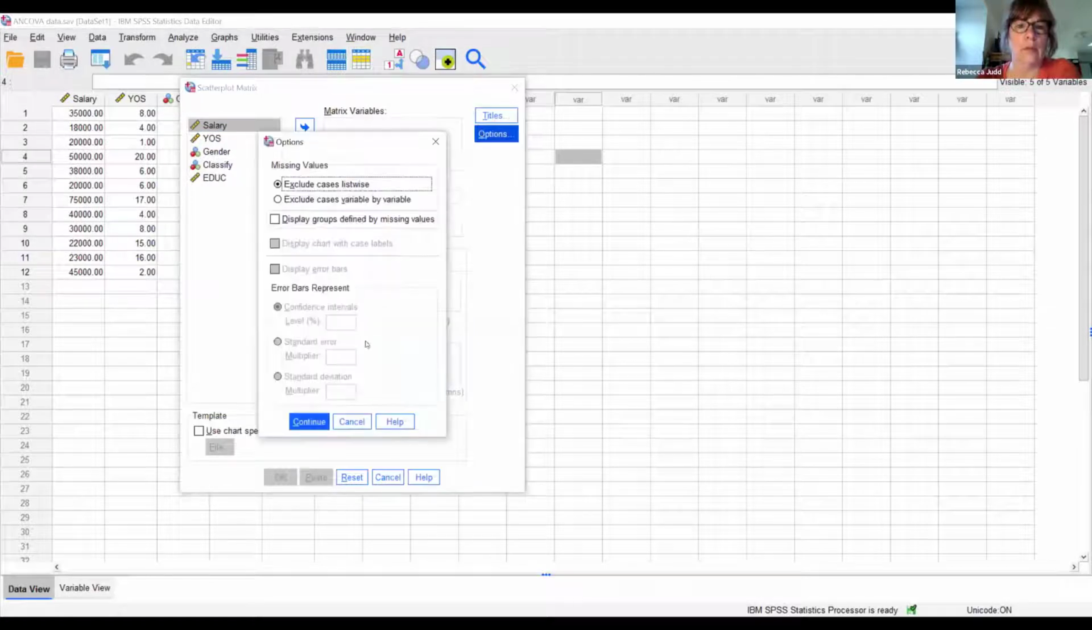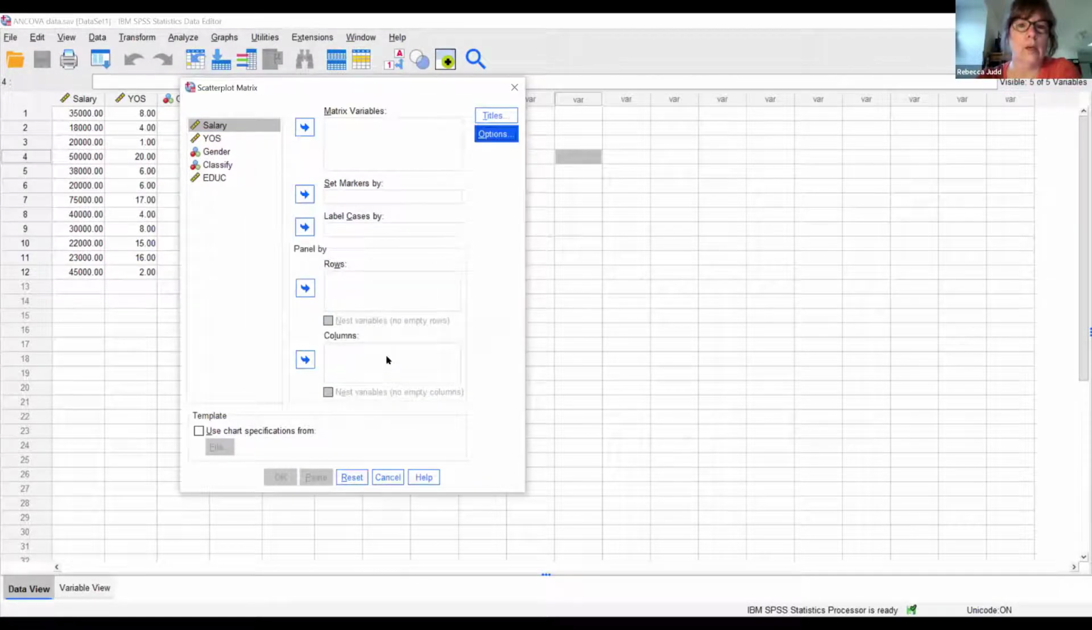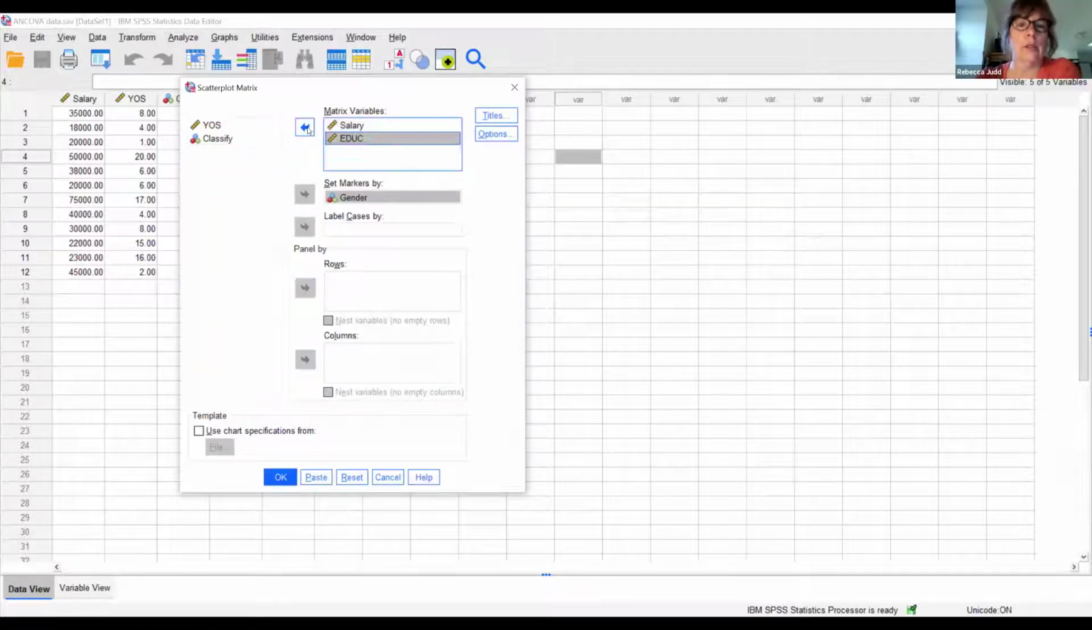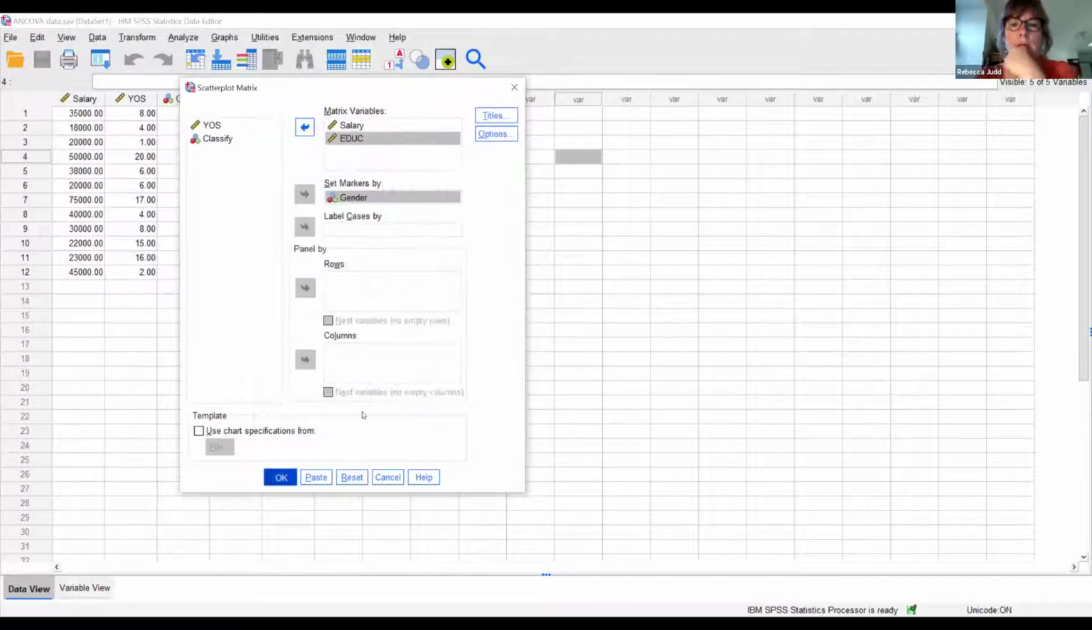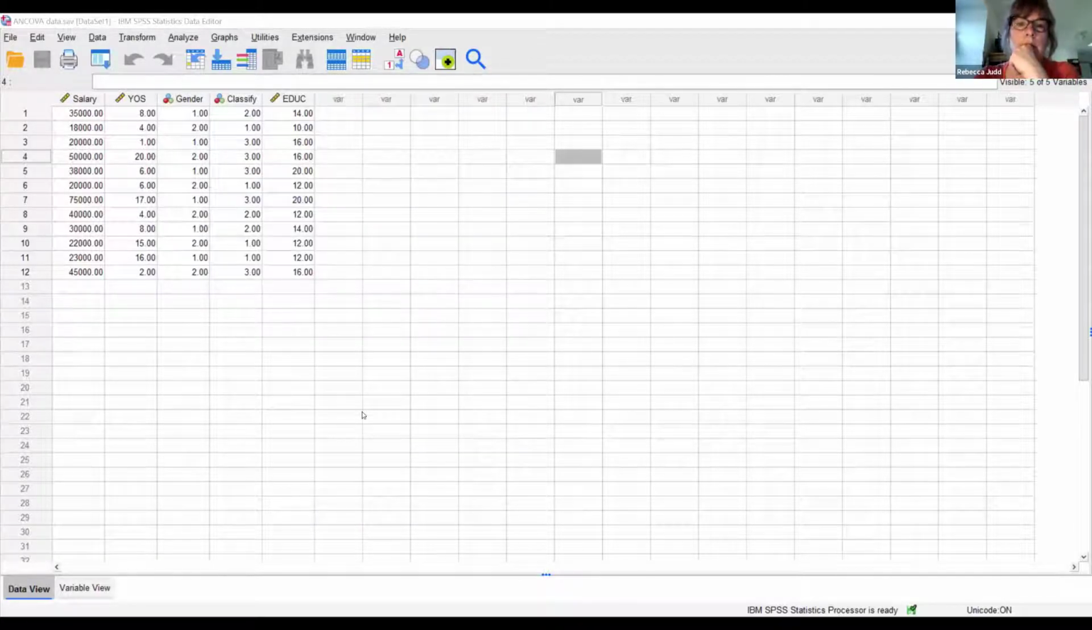Let me go to options. Okay, so we're going to include set by markers, which is our gender. We're going to do our salary and our education. Let's see what that gives us. Okay, so that gets us